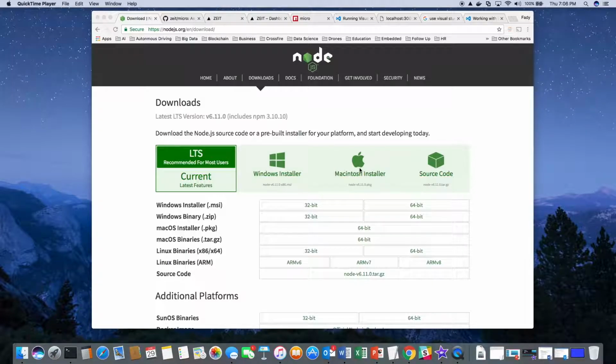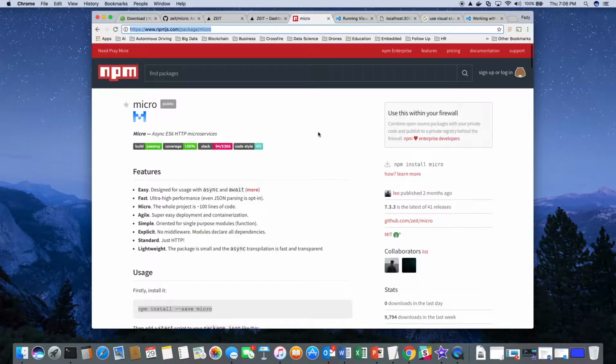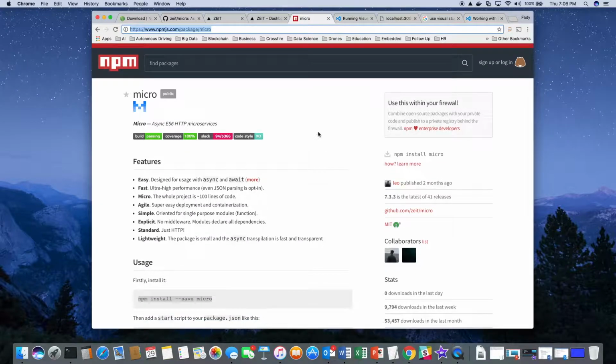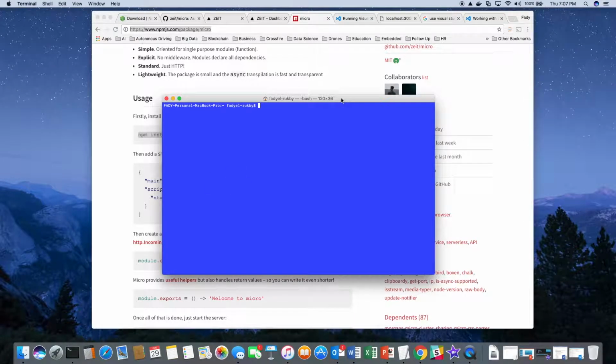Now, for the development of the microservice, I will be using a simple utility that simplifies development. It's called Micro, which is developed by a company called Zeit. This is their website. They have additional services, as you see here, that enable you to also manage microservices. The package can be installed using the npm package manager. So I'm going to do that right now, and I'll do it globally. Okay, so I have it right now on my machine.